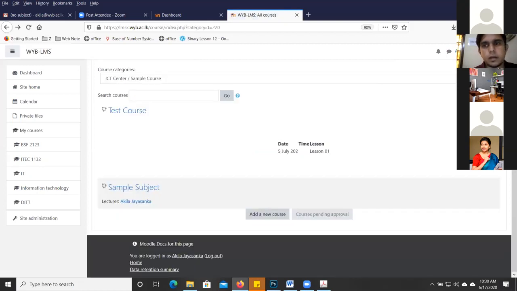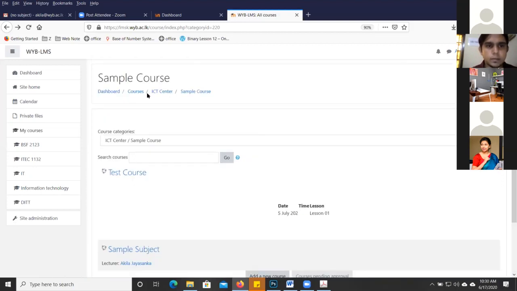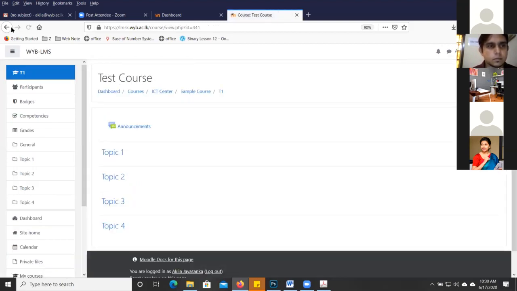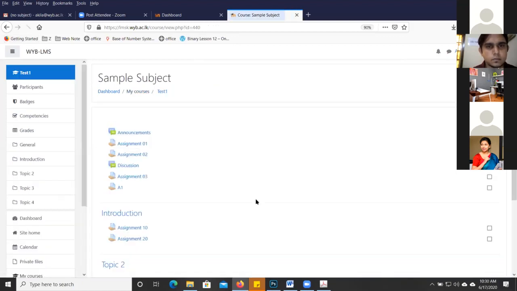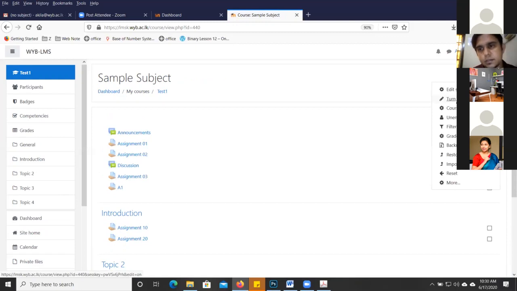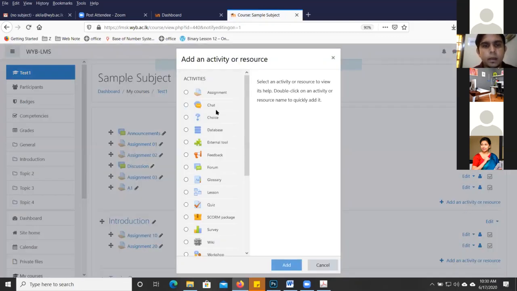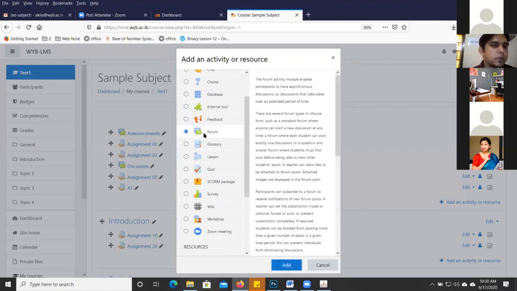The other thing that we're going to cover today is forums. Under add activity and resource, the next one is forum. So you can add a forum. A forum is a discussion room.